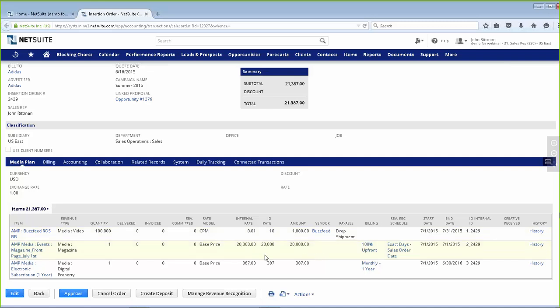It looks like here I've also got a magazine piece that's running, July 1st. And I've also set this up with a billing schedule and a rev rec piece, or actually the items have automatically defaulted to these two portions. So this is letting us know that we actually need to invoice this customer right now, but that we're going to be recognizing the revenue on July 1st.